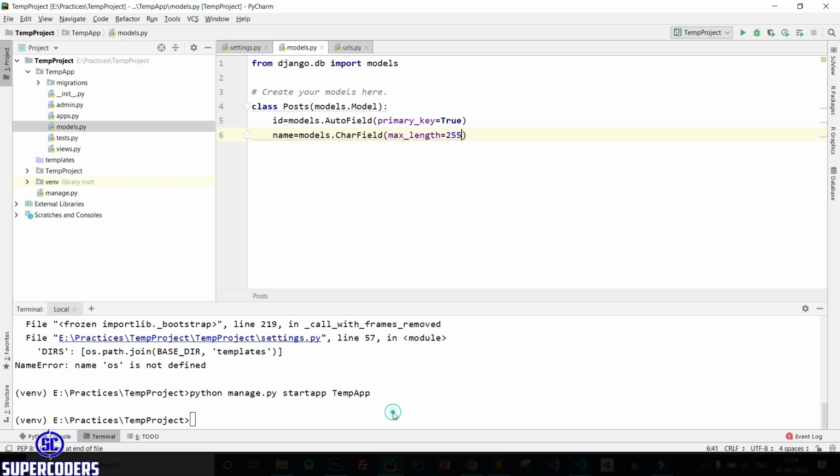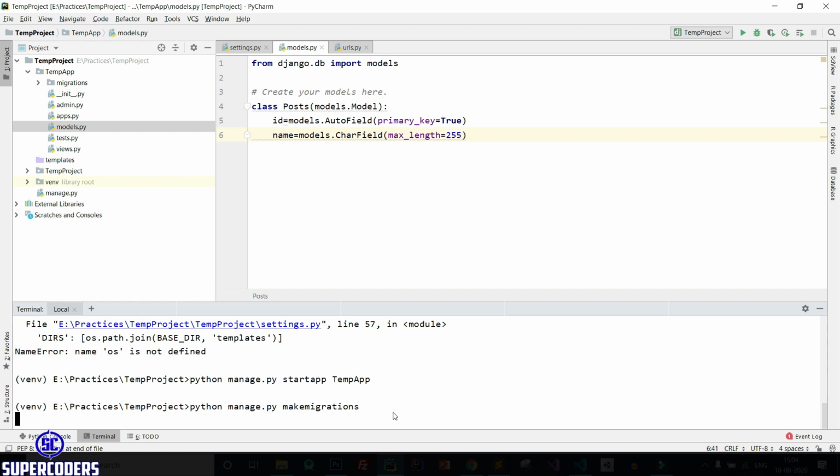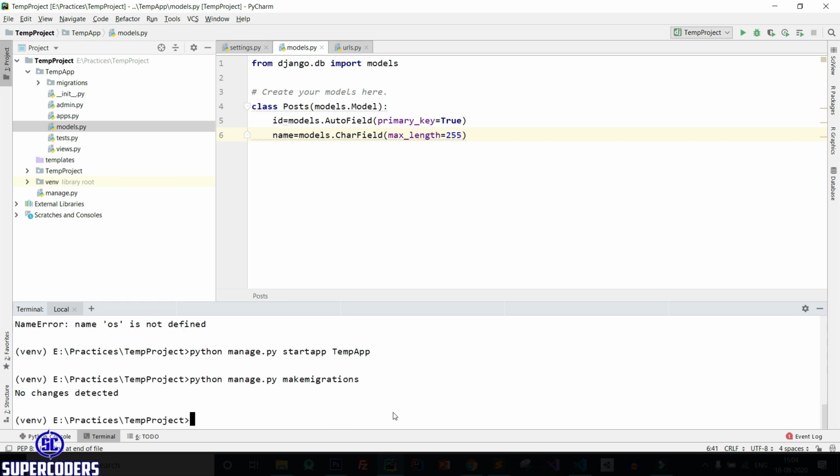Save it. Now let's run migration command. So Python manage.py make migrations. Let's run migrate command. Now let's run migrate command.